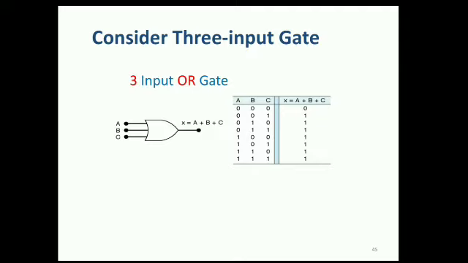Now let us see, a gate can have more than two inputs. Here we are saying that there are three inputs known as A, B, C. The truth table is on the right hand side. If we have three inputs, then the possible combinations of the inputs are 8, that is 2 raised to power n, where n represents the number of inputs. Here n is 3 and 2 raised to power 3 is 8.